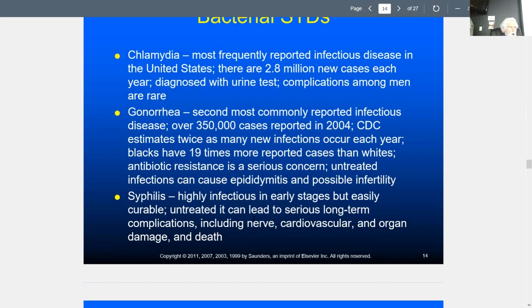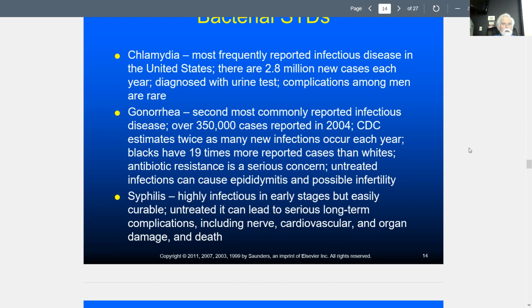These diseases are reportable. The CDC requires that all incidents of sexually transmitted diseases be reported to them. So if you have it, it needs to be reported. The doctor is required to report it. So we have a number of